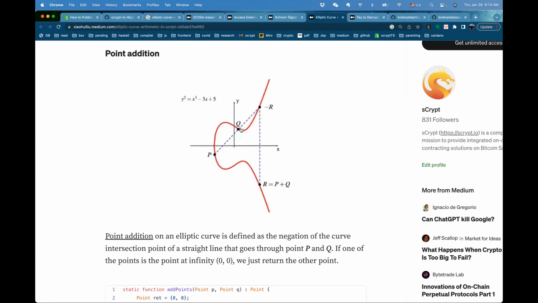There's a different way to add them, and once you define addition, you can of course define multiplication. So k times the point P is basically adding P to itself